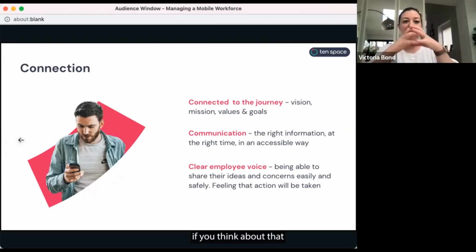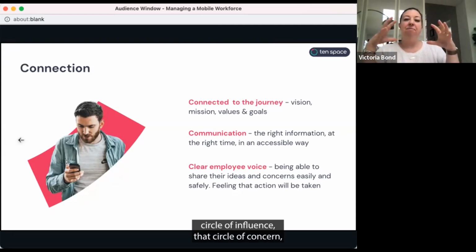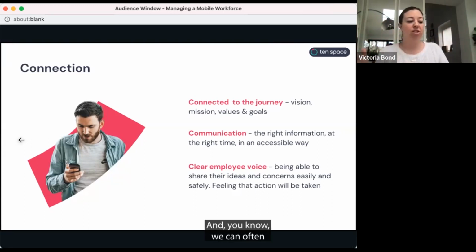As I said, if you think about that circle of influence, that circle of concern, and that dilution that we often see about the vision and the mission, the values and the goals, we often ask a question around, do you understand the goals of the organisation and how you can contribute? And sometimes with deskless teams, we can see that the positive answers to those questions get less and less the further away from, metaphorically, usually the head office they are. I'm not talking about geographically, I'm talking about those people who are out on the road, etc. Sometimes we need to really over-index in this area, because